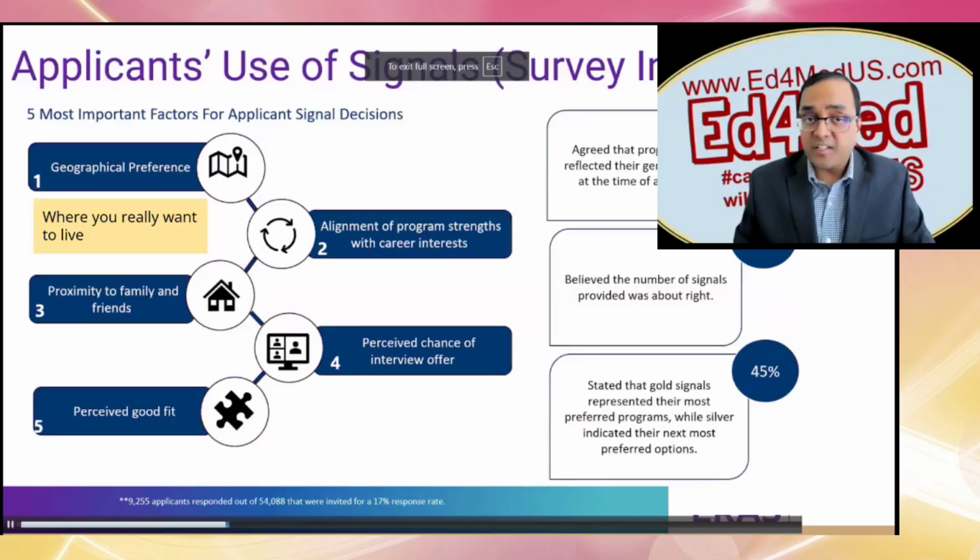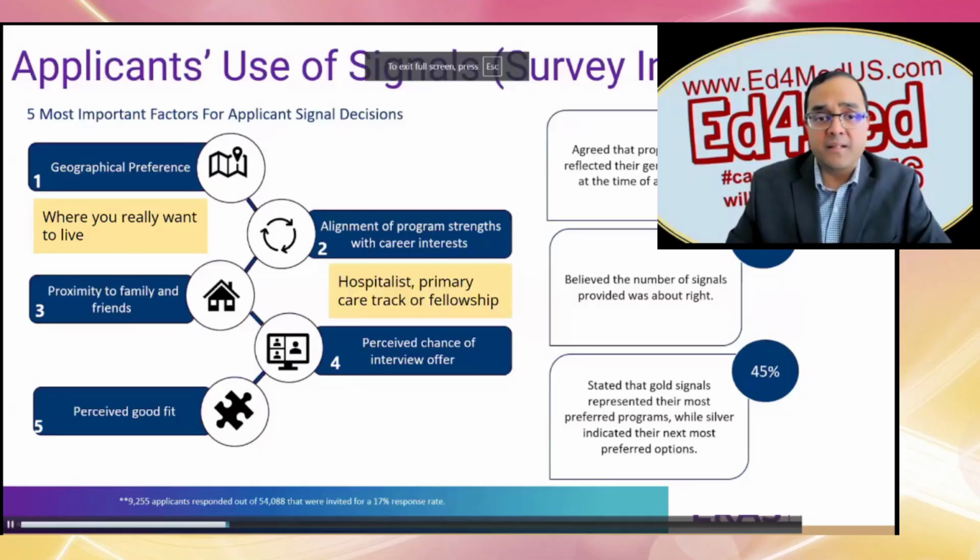So some signaled a program where they really wanted to live, maybe that city, town, that kind of thing. Some residency applicants signaled a program that had something of a career interest to them. Maybe it had a hospitalist track, maybe it had a primary care track, or it had a certain fellowship that they were very interested in, and that's why they signaled a certain program.